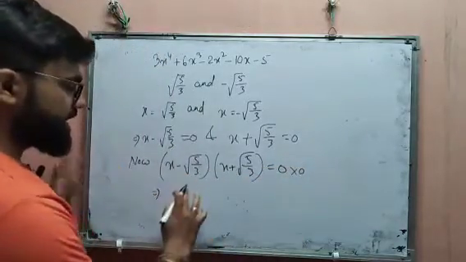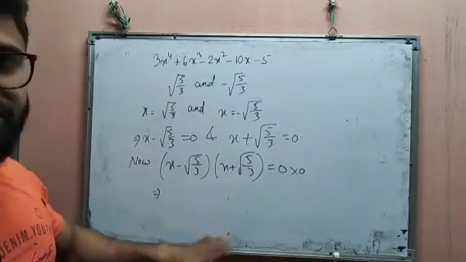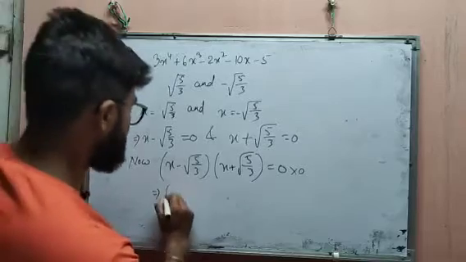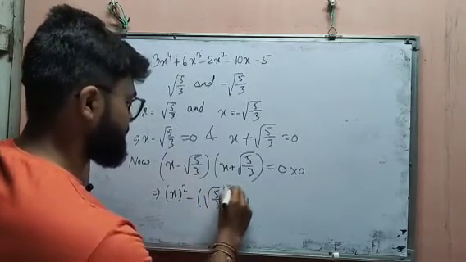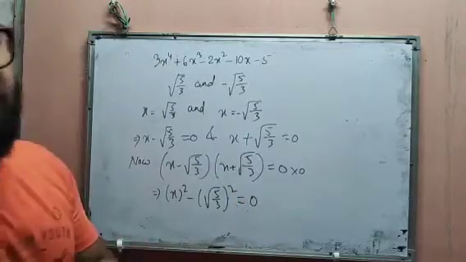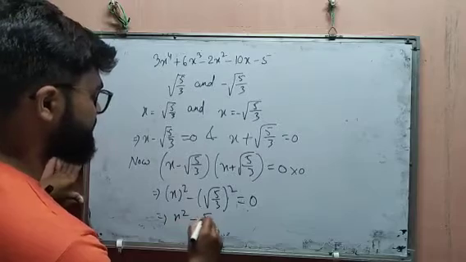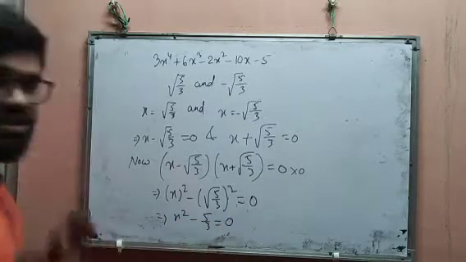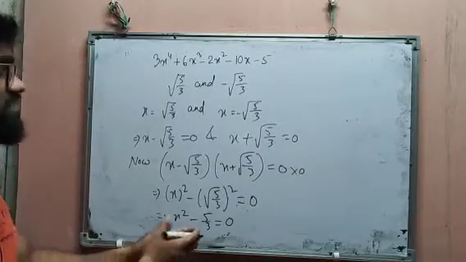Here it is (a minus b) into (a plus b), that means a square minus b square formula. So you can write x whole square minus (root over 5/3) whole square equals 0, or x square minus 5/3 equals 0. To remove this fraction,